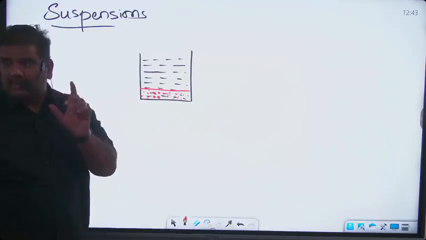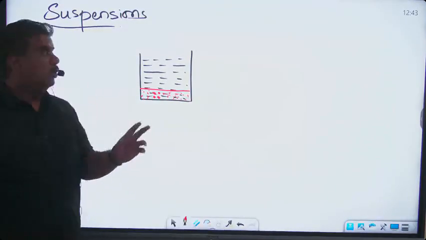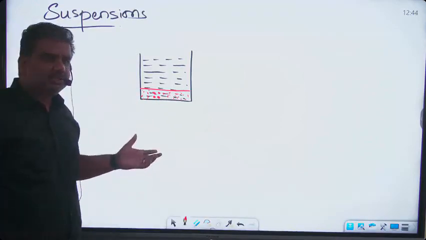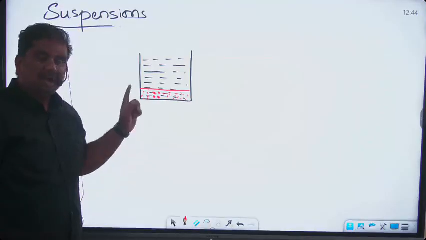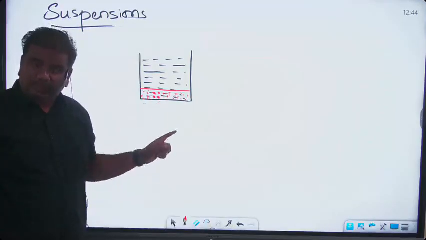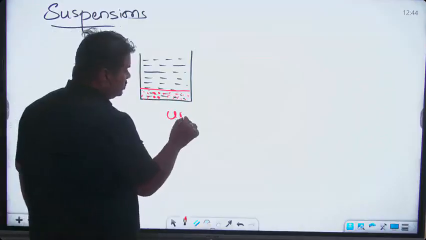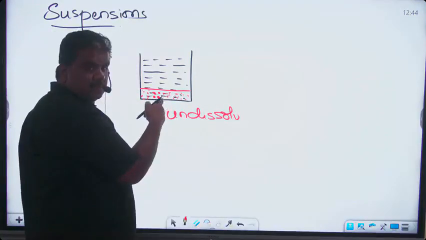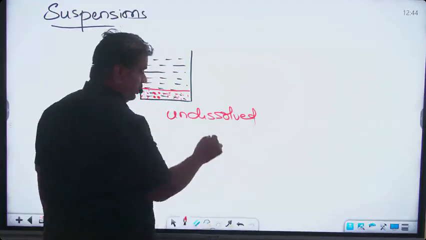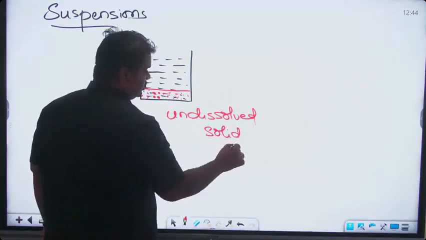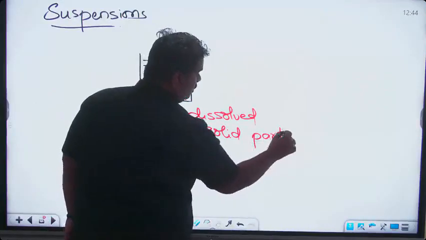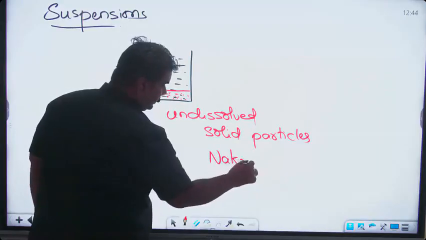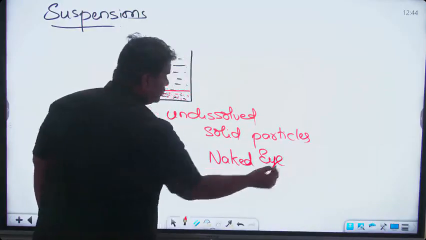That word is very, very important here. So, what do you mean by suspensions? It is a heterogeneous mixture in which undissolved solid particles. If you karagaleda, kabatti you are calling it as undissolved. So, a heterogeneous mixture in which undissolved solid particles are visible to naked eye,